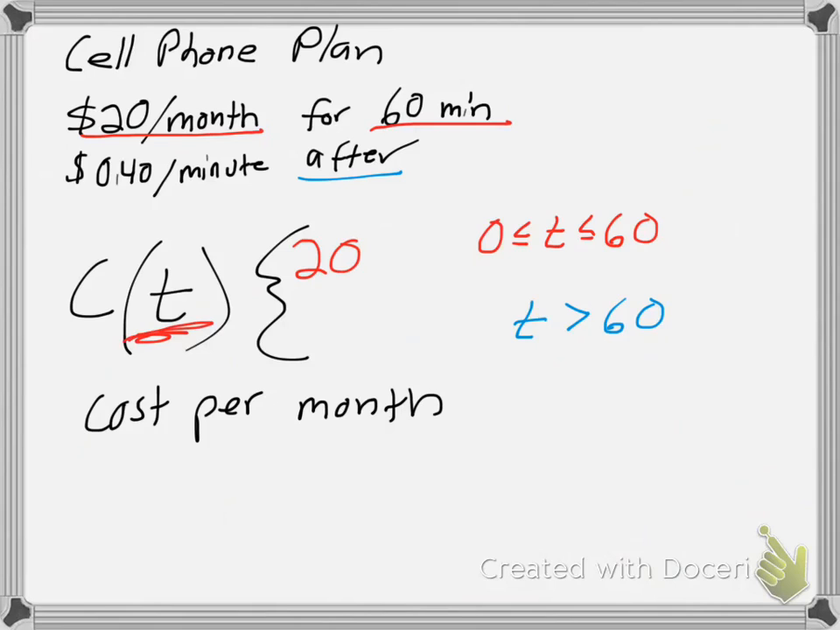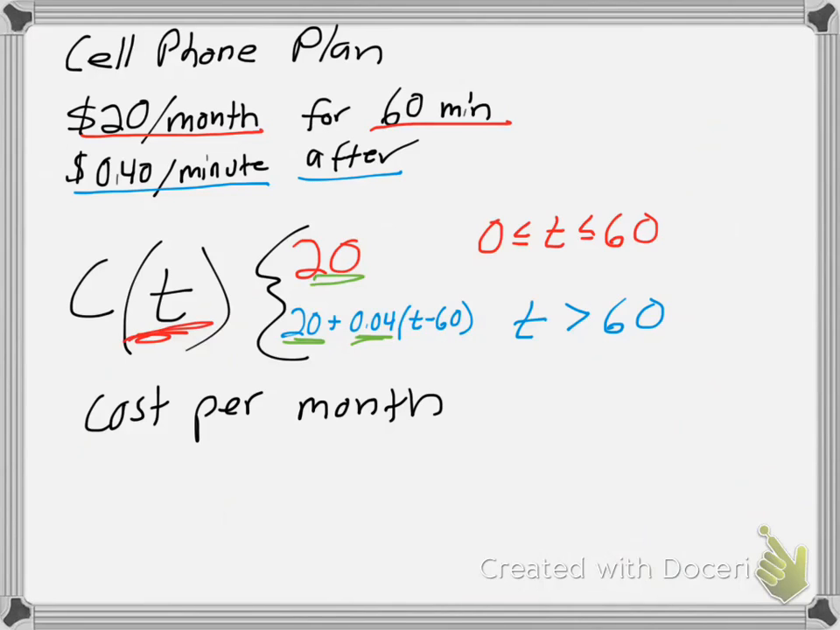And now the other term we have is going to be after those 60 minutes. So when t is greater than 60 minutes, we have to have another kind of function. And that function is going to look like this. So it looks a little bit complicated. I'm going to break it down for you really quick. The 20 comes from here. That's the $20 we spent in the first month. The 0.04